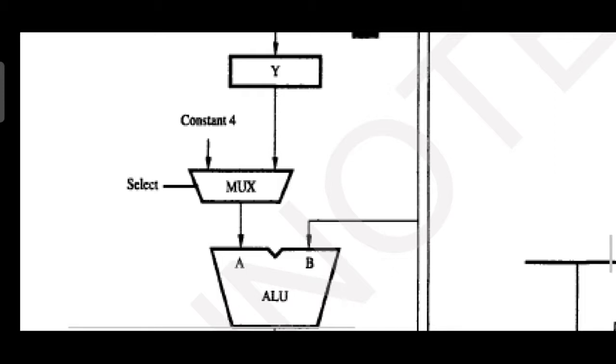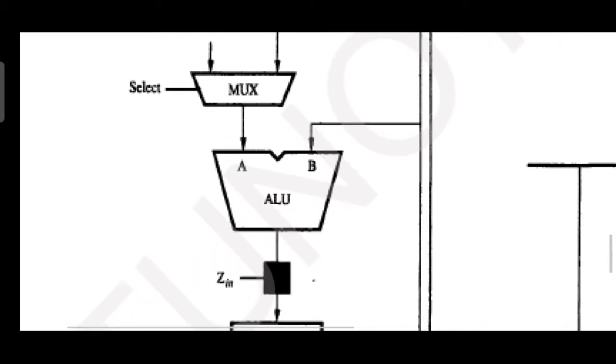Now you have to perform addition, since the instruction is add R1 comma R2 comma R3. Mention add, the instruction name, that's it. Then after addition, the result is computed and obviously has to be stored temporarily. Check the diagram, this diagram should be in your mind, then only you can easily answer the question and write the steps, don't simply mug up. So the result is kept onto Z, by activating the Z in signal, the result will be driven onto register Z.